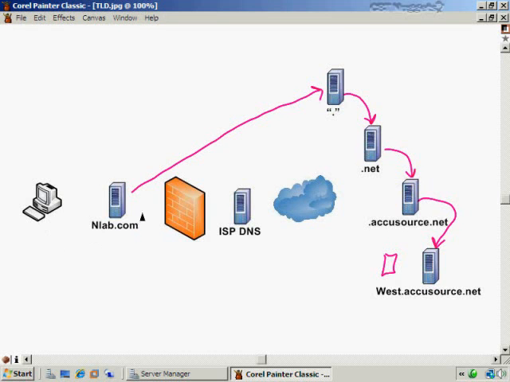But the NuggetLab.com server is the one that's doing all of the queries out here, and it's the one that's getting all of the referrals. Now, another thing that could happen, let me clean up a little bit here, is that to speed things up